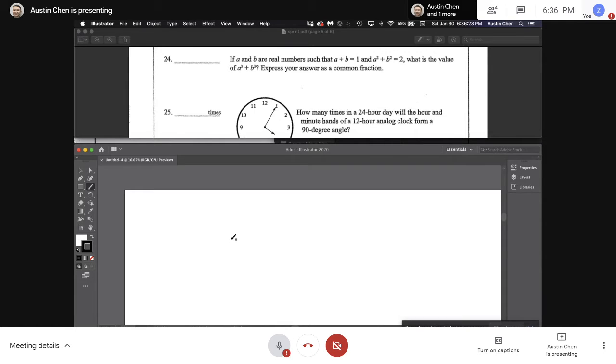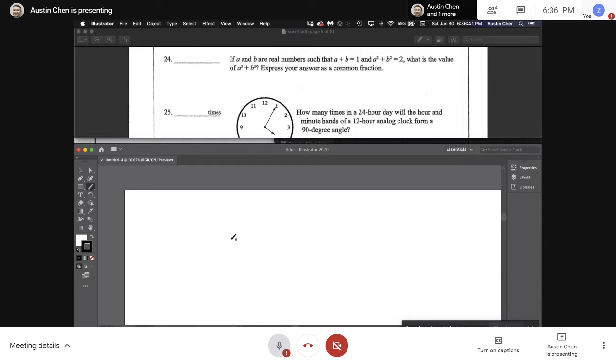If a and b are real numbers such that a plus b equals 1 and a squared plus b squared equals 2, what is the value of a cubed plus b cubed? Express your answer as a common fraction. Okay, so